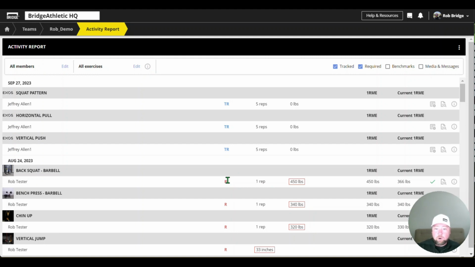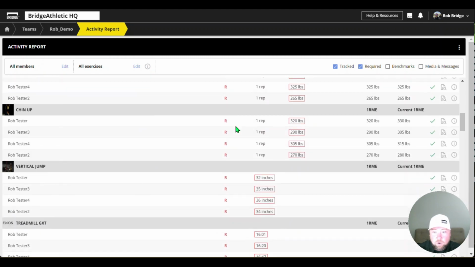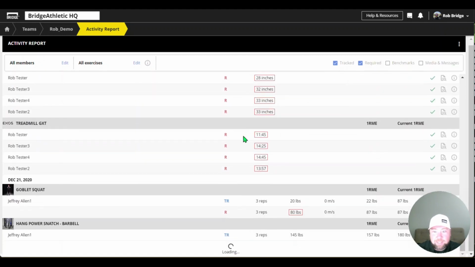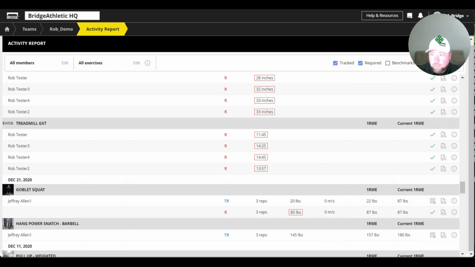So here you can take a tracked or a required set and turn it into a test entry. These ones don't have any, those tracked sets don't really have any weight up there. This one does down here at the bottom. So what I can do is take this tracked set, click on this icon where, as you see, I hover over it, it says update test results,